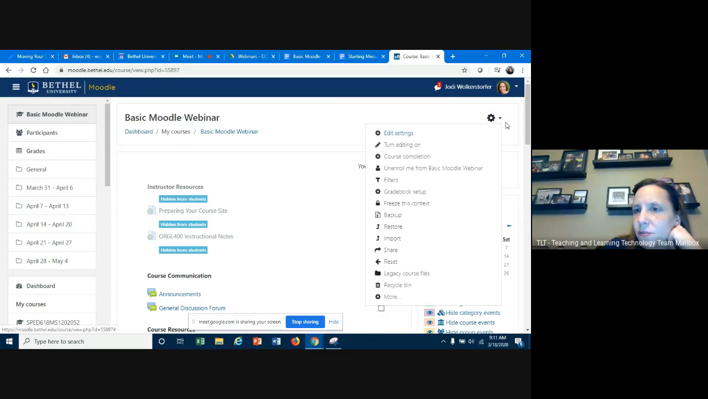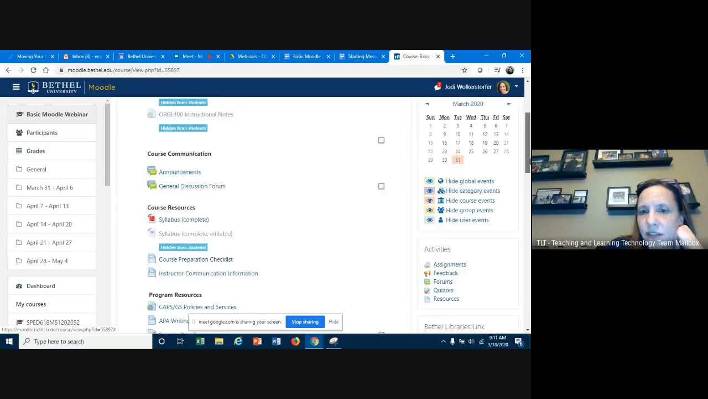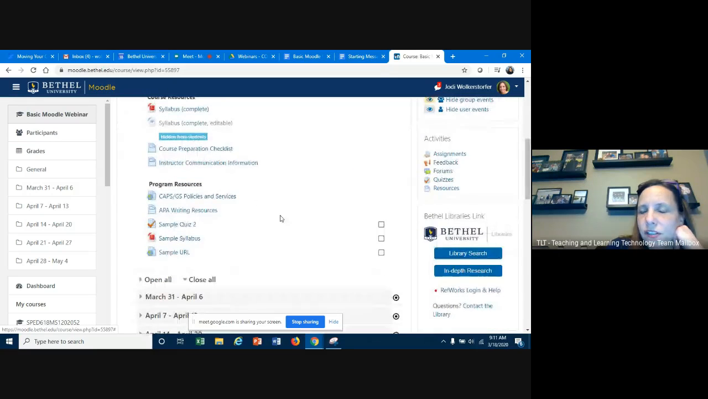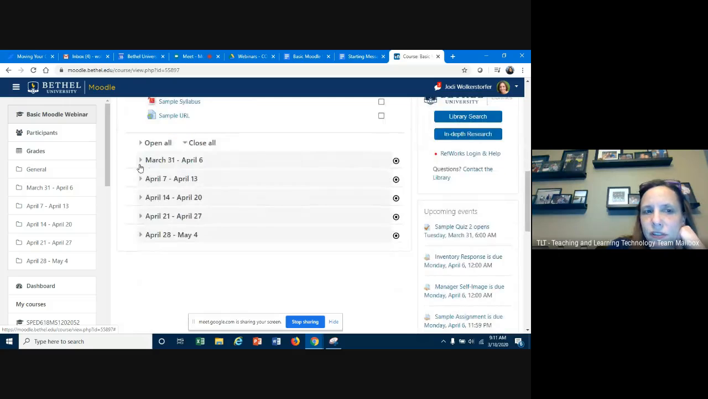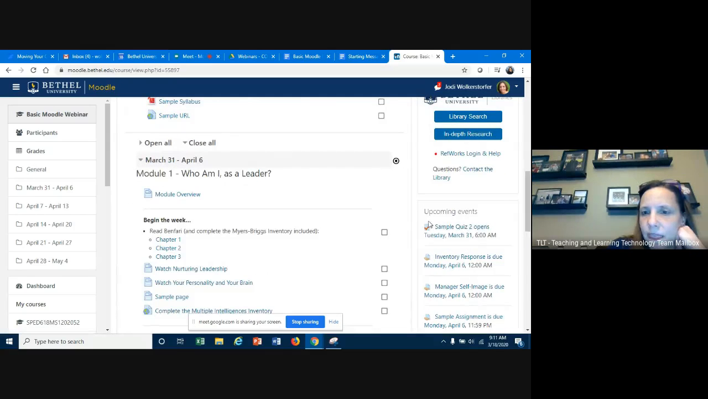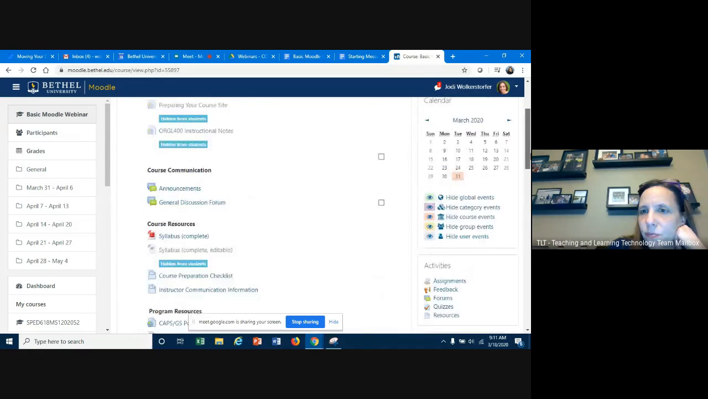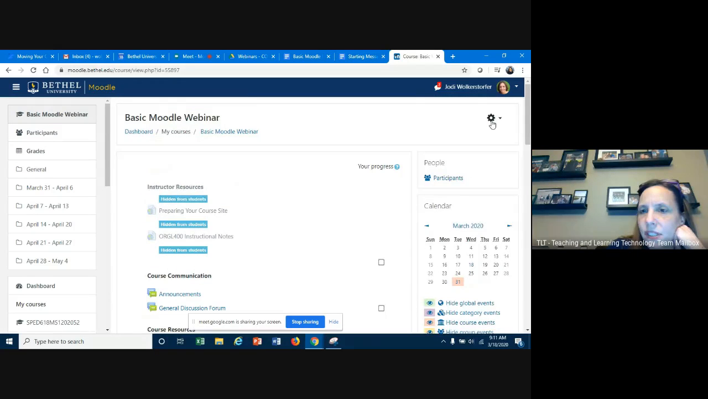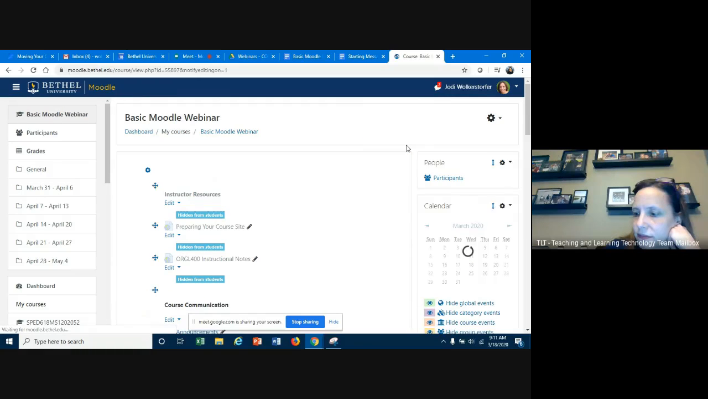The other piece with this gear icon that's really important for us to know and to use is this one right here that says turn editing on. Prior to this, if you look in my middle screen here, it looks similar to the way that a student would see this. They have the ability to go through, complete things, check them off as they've finished a project or an assignment. But once I hit turn editing on,